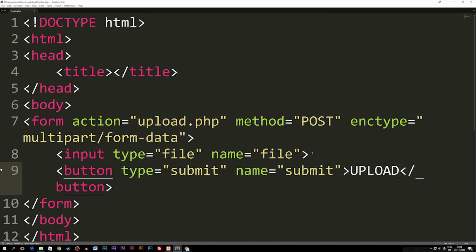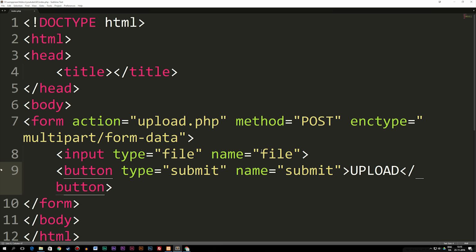Let's actually go ahead and say upload, because I don't want to confuse you guys, because it is all types of files. It's images and text documents we can upload, or PDF files, or whatever we want to do. So we're just going to say upload. So now that we have this, this is all we need in order to get started on uploading stuff